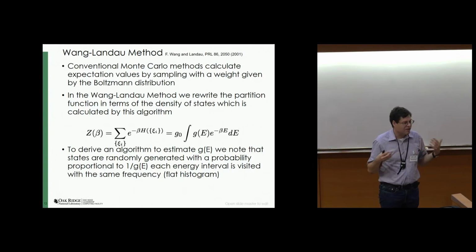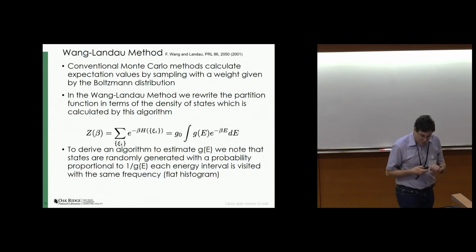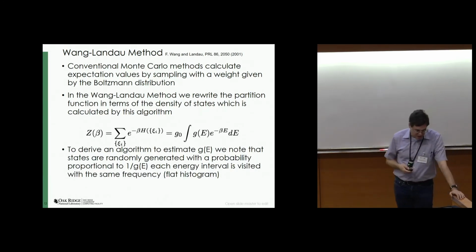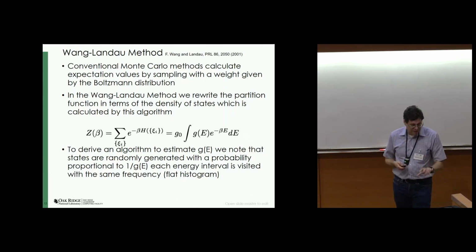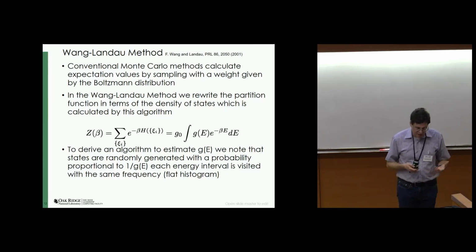So now, if we knew this G of E, this density of states, we could calculate the behavior of a system at all temperatures very cheaply. So how do we find this G of E? One approach is this Wang-Landau method, where the starting point is the realization that if you sample